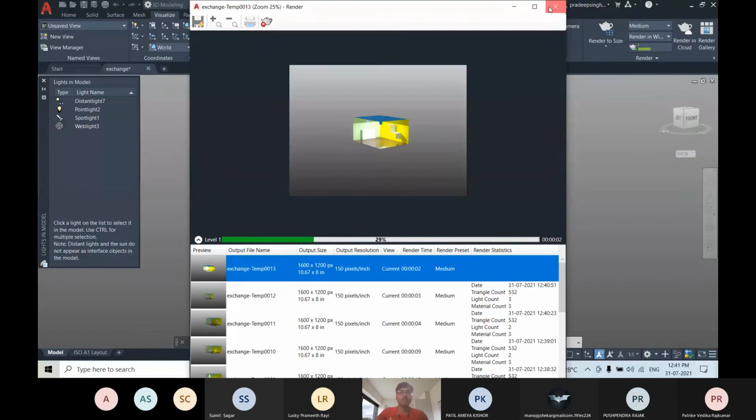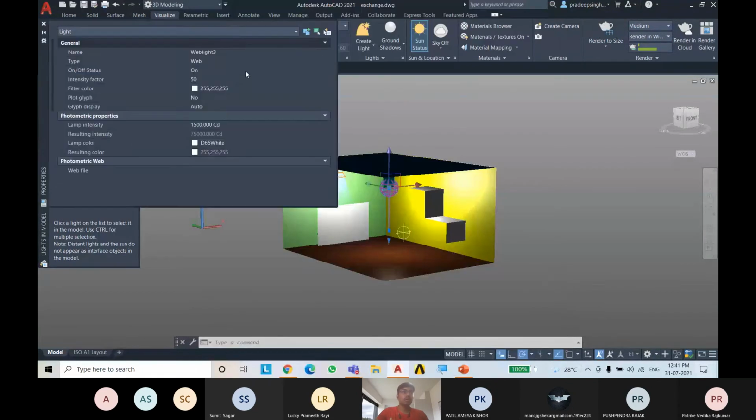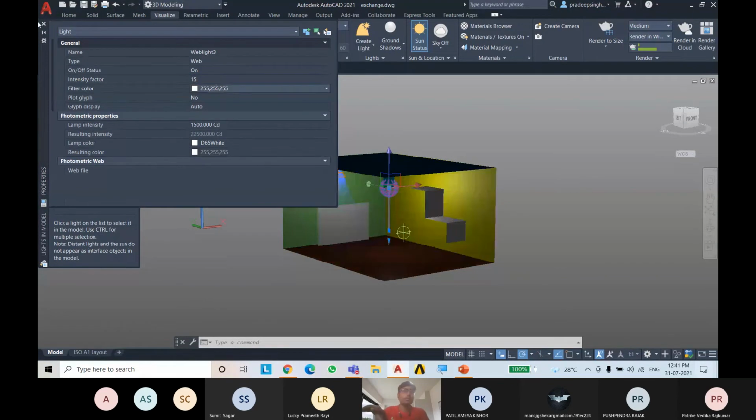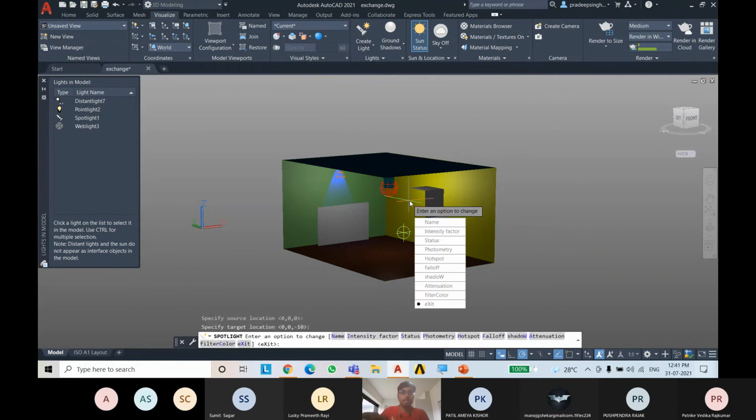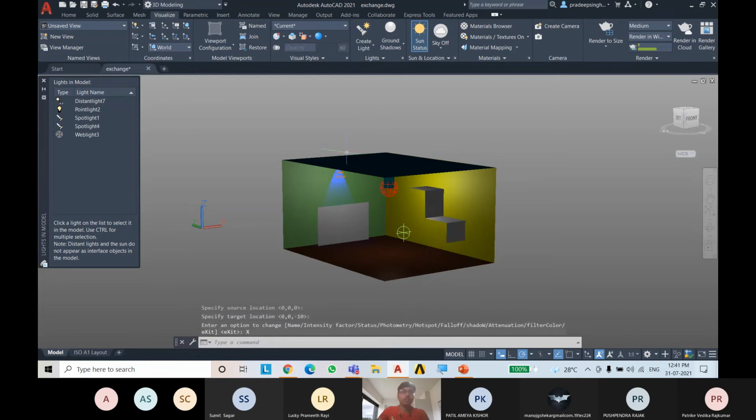It changes. We can also dim this spotlight to some 15, enter, and we can also turn on the spotlight here, enter.